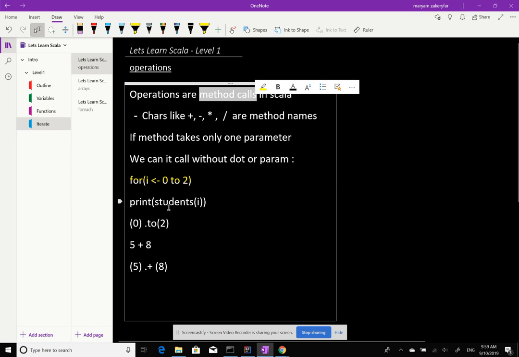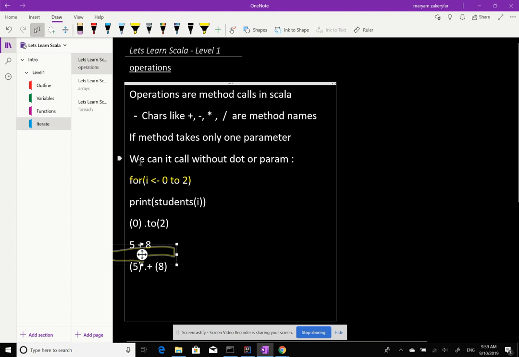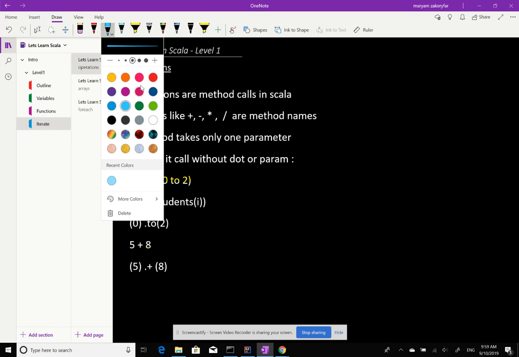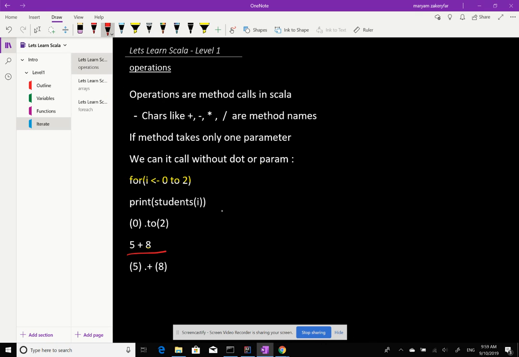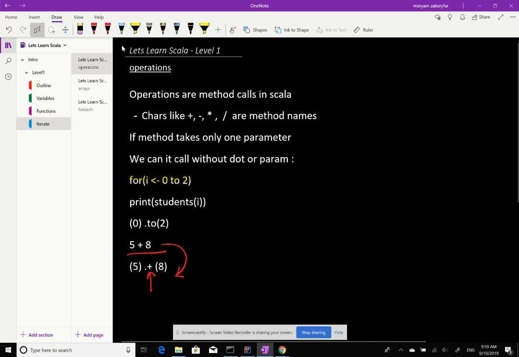For example, when you type 5 plus 8, you are actually calling a method plus, and you're passing two objects to this. I know this is a new concept for you, so before jumping into explaining this more, I wanted to explain